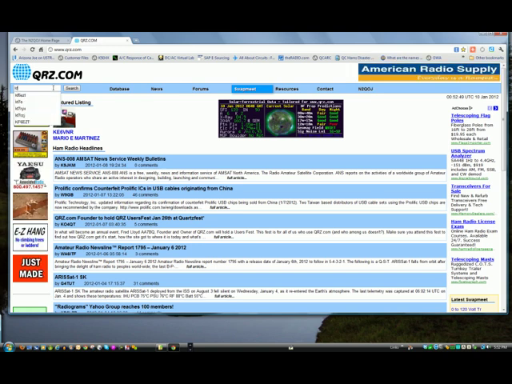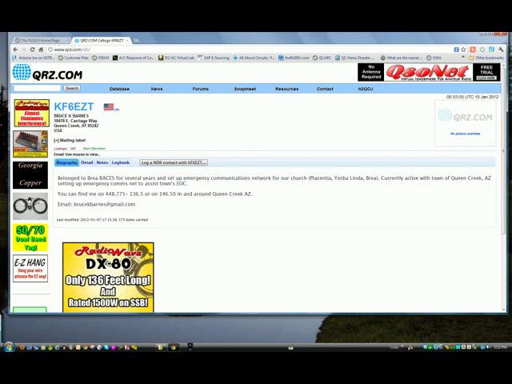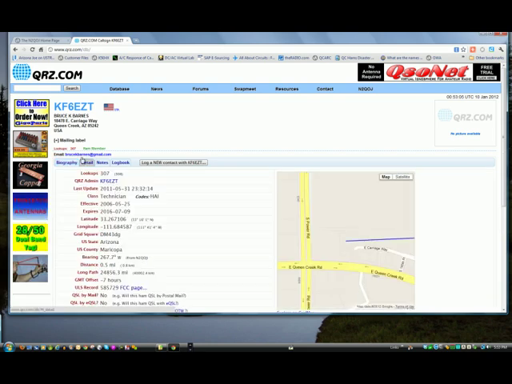Give you an example of that. We'll look him up, but now we see his actual address. This is the information that's logged with the FCC as a record of where his station is located. We could also see now his email address, if we mouse over, and the detailed information that's